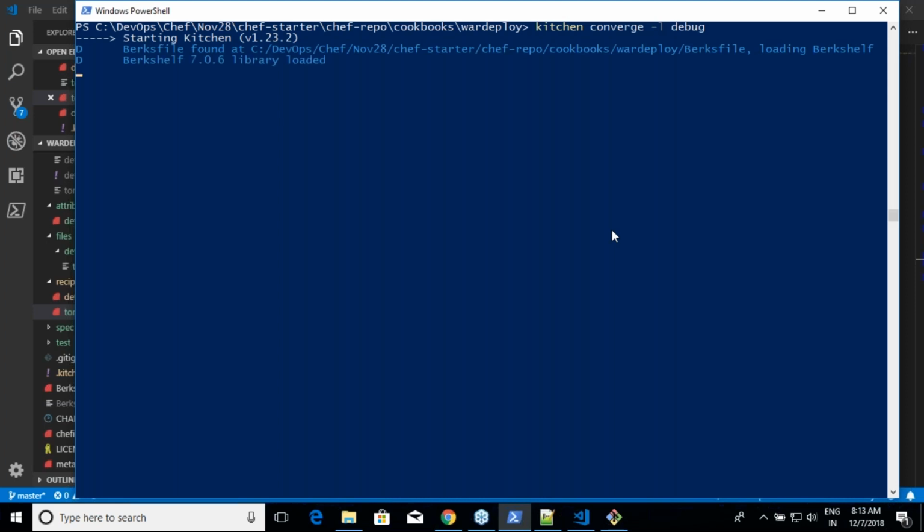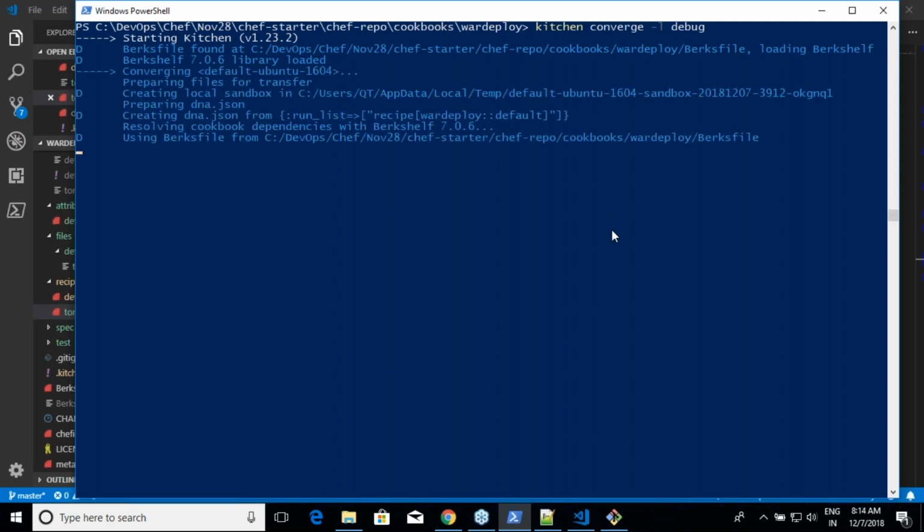So whenever you are developing Chef, this is an advantage. This kitchen is definitely an advantage, right? Because it ensures that you test all the possible scenarios of your script on your local machine itself. And if you remember, in Ansible, we didn't have this flexibility. We had to run this on a node, or add a test setup which we need to maintain separately. But over here, we don't have those problems.